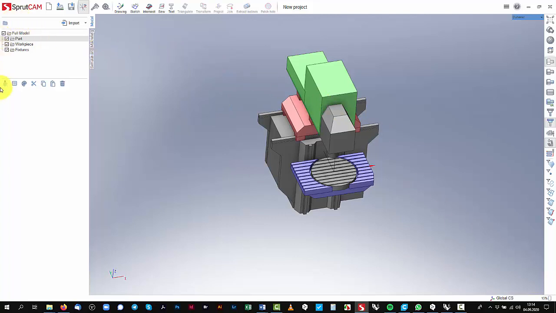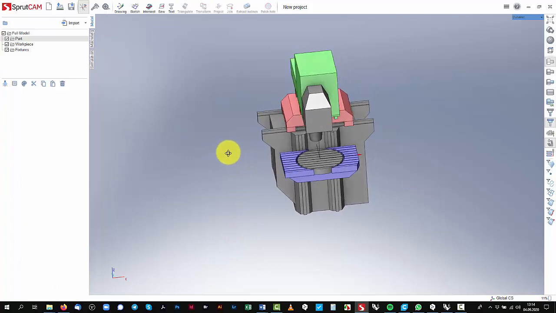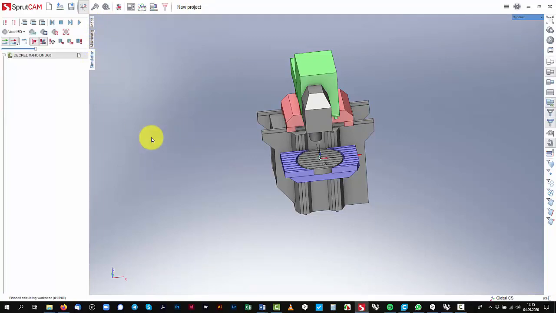We go now to this window. This is important for the settings in our Sprutcam. So at first we check this here, and you see here is a menu. We do have 3 different levels, I think. We will start with the simulation. This is the level where you can play if you want, when we have programmed something,